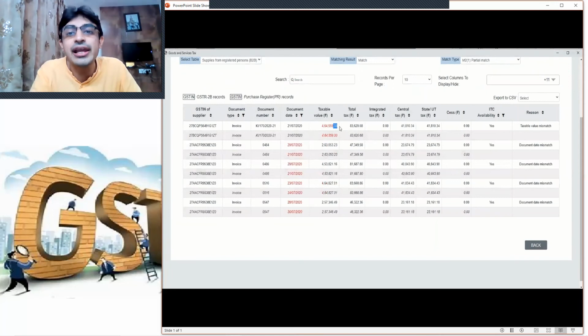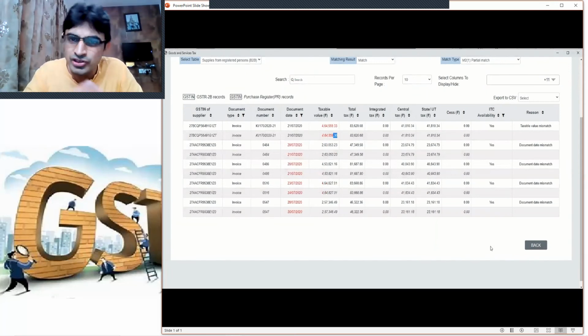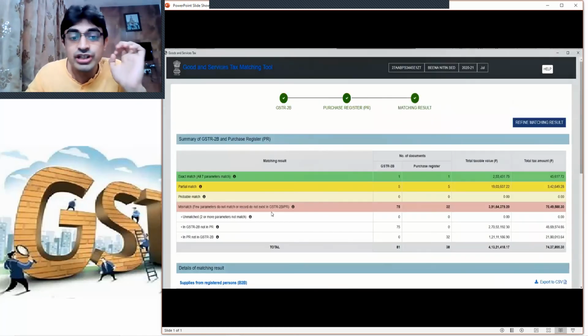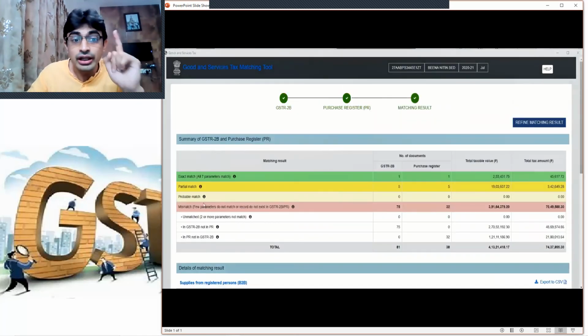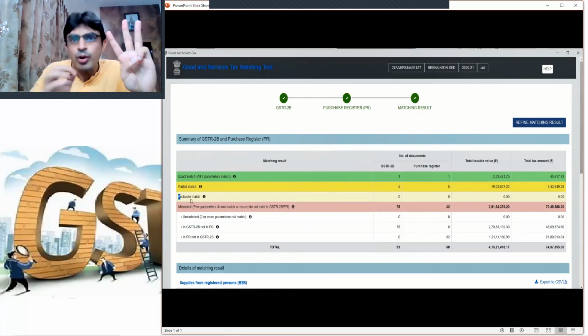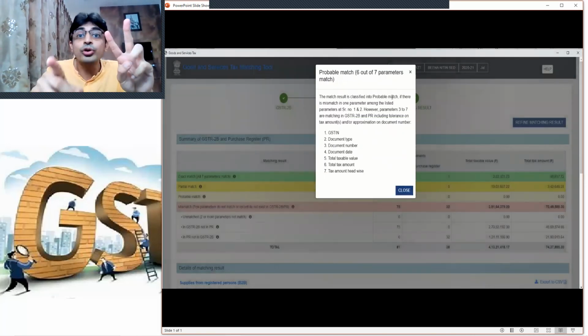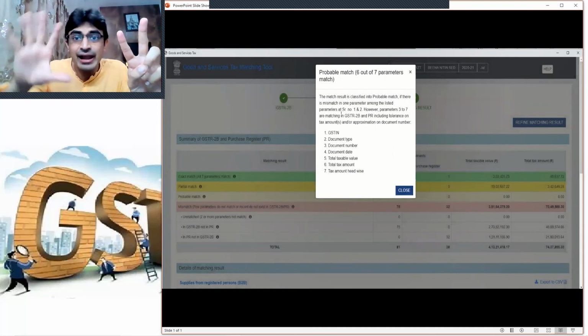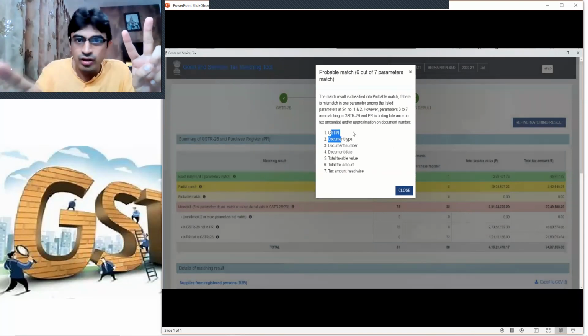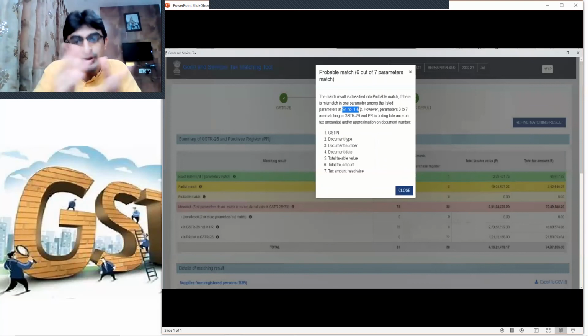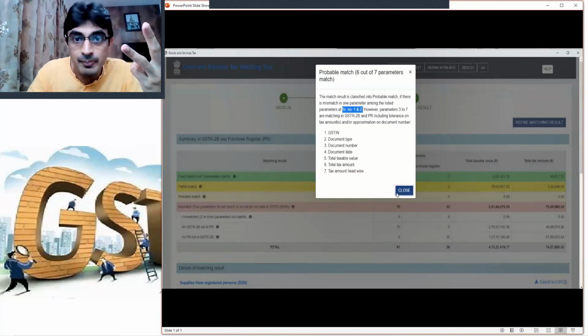There could be a date error or points error, but rest everything is matching, just a partial mismatch. So these details you got. Third is what? Probable match. Probable match means your GSTR number is incorrect or document type is incorrect. Rest 5 parameters are correct. So this is not that useful, but that is the third point, probable match.